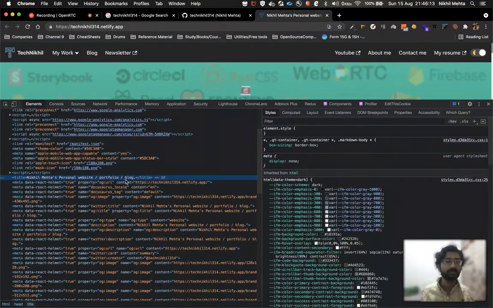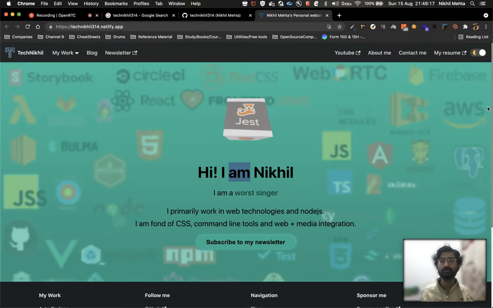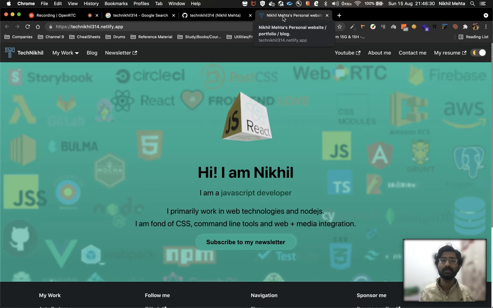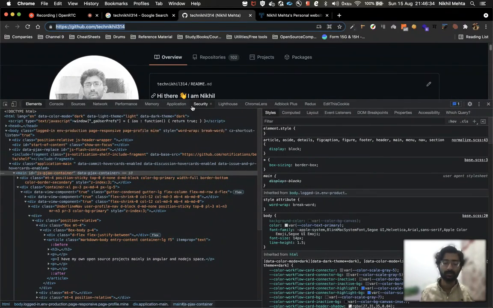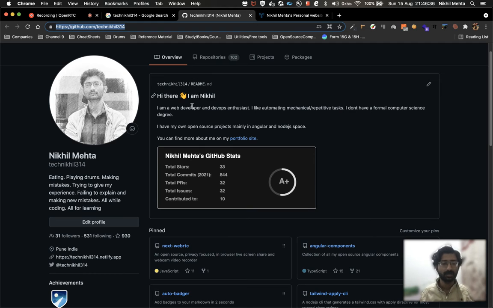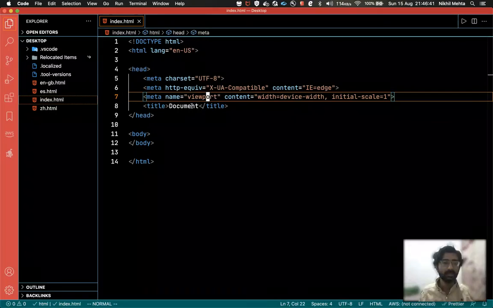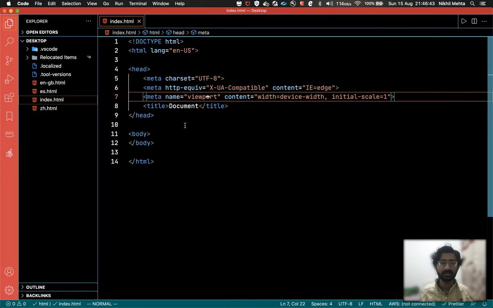Here is what it picks it from. So it really depends on what Google finds more relevant, and if it finds something that actually makes sense, it will pick according to that. Here it picked my head title, here it picked my h3, and it really depends on that context. So that's what semantic HTML does.